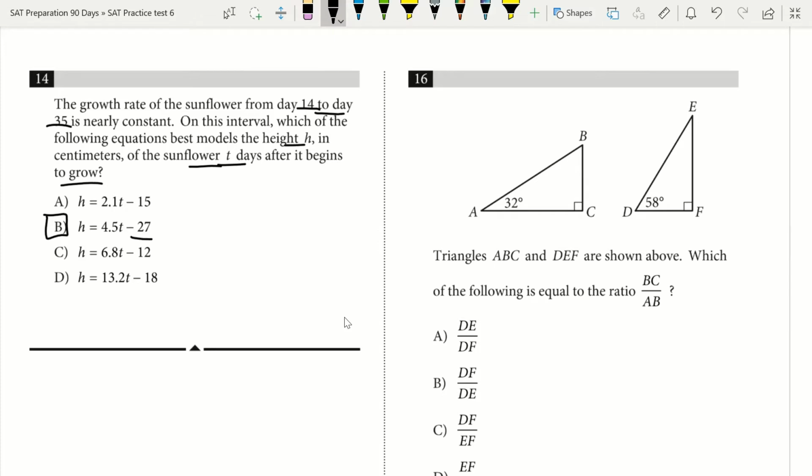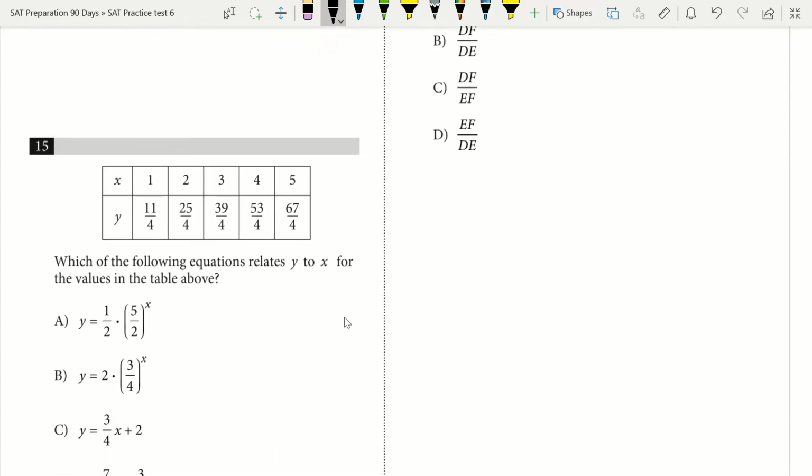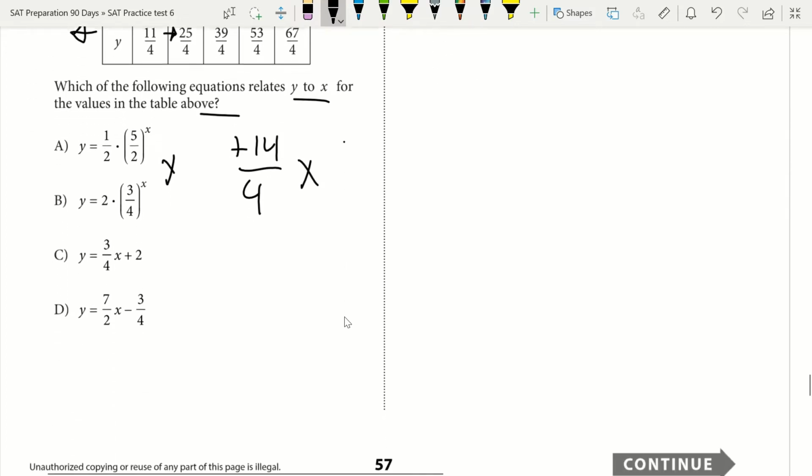Okay, question 15. We've got a table of x and y. Which of the following relates y to x for the values in the table above? Okay, I see if I increase my x by 1, I increase my y by 14 over 4. Okay, so I got positive 14 over 4x. That's my slope there. I see what I'm starting at. If I were to go back by 14 over 4, well, the other thing is I don't even have to